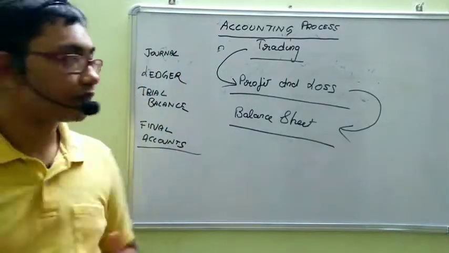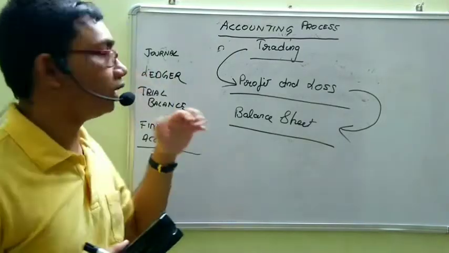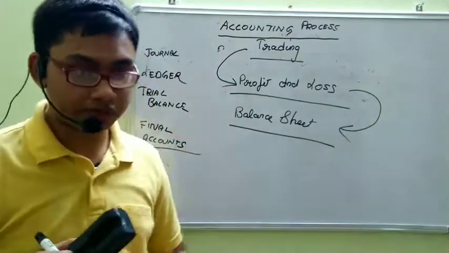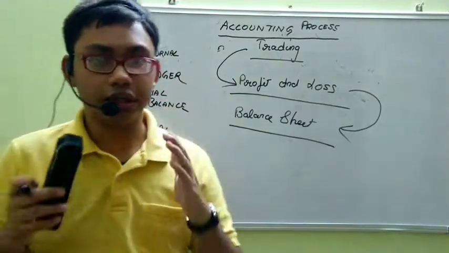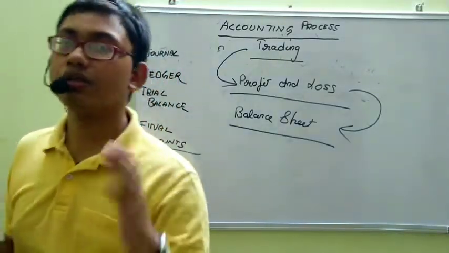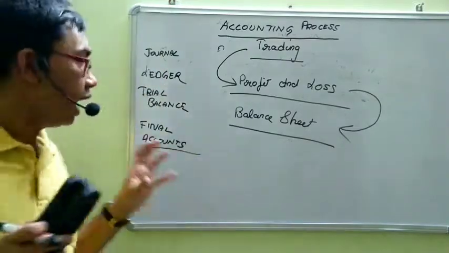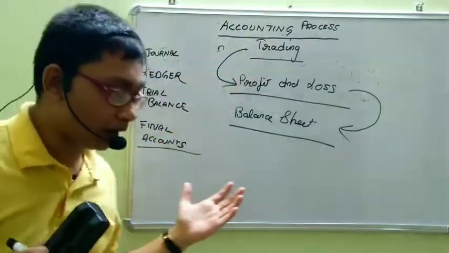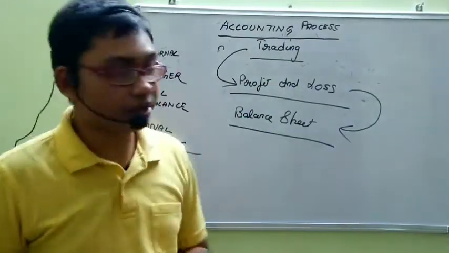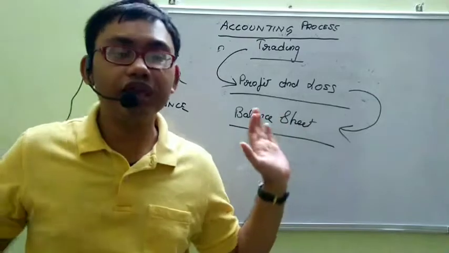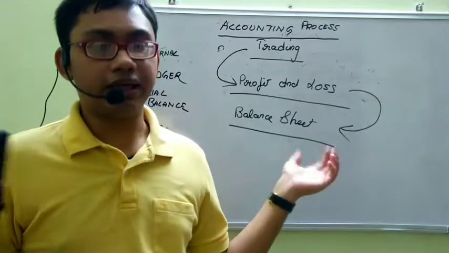So this is all for today. First, we learned about the journal, and then the grouping is done in the book called Ledger. The journal has many subsidiary books also. We learned about them. Then we went to the ledger. The classification work is done in the ledger. Then we came to the trial balance. It is the statement summarizing the effect of the ledger. And then we came to the final accounts, which are three parts, and it depicts or interprets the results of accounting information and shows us the profit or loss as well as our financial position at the year end generally, or whatever the date may be.